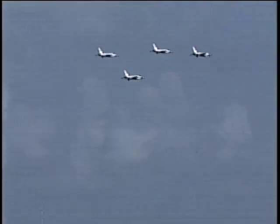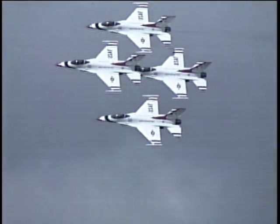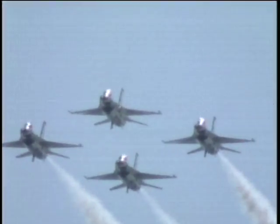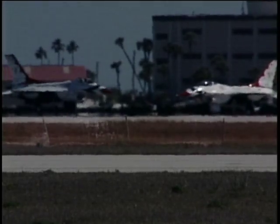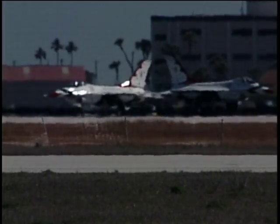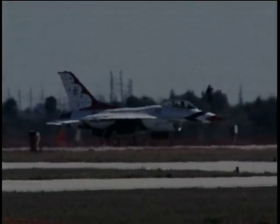Until the accident, 4 F-16s would roll down the runway in formation, take off simultaneously, and do a steep climb and turn at the same time. But in 1999, on the last day of the air show at Patrick Air Force Base, 2 of the Thunderbirds bumped wings. The air show was immediately canceled, and the Thunderbirds were shut down while the Air Force did a safety review. The Air Force removed 1 pilot from the team and had the rest do just over a month